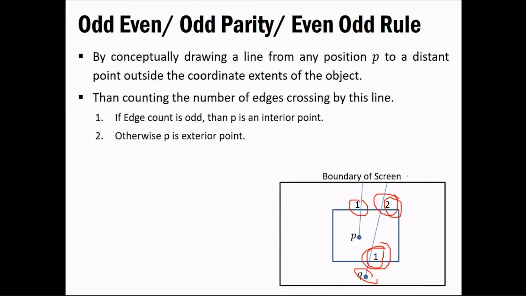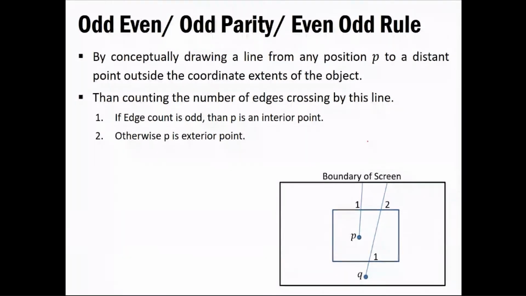It is very simple. You just need to keep track of the number of edges it is passing through, and if you have this count, then you can easily say whether this thing is inside or outside. But obviously one thing that will come to your mind is that it is not at all efficient if we are dealing with complex polygons or complex objects. Whenever you are working with something very complex, something very different, it won't give you that good a result. So in that case, we'll be using something else.